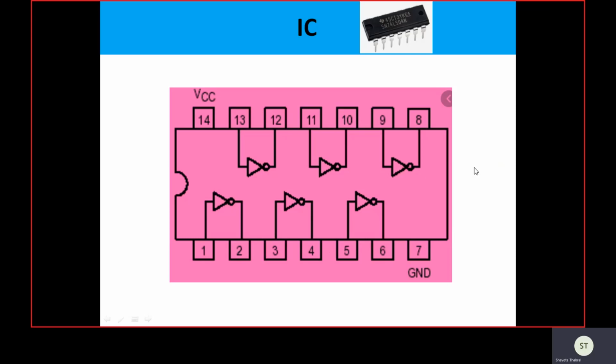So basically an IC can be a bipolar logic family based IC, or it can be a unipolar logic family based IC. So their operating voltage depends upon the logic family. Usually in the lab we use TTL logic family based ICs. TTL stands for transistor-transistor logic, which is in the bipolar logic family.